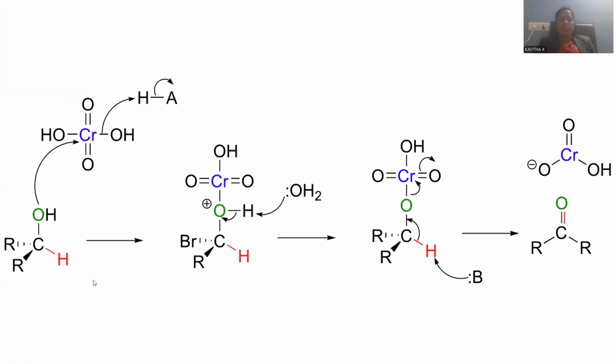Now we will see the mechanism one more time. Whenever chromic acid reacts with this primary alcohol, there is a chromate ester formation, because the lone pair of electrons on the oxygen is susceptible to reaction with chromium. Simultaneously, it is able to remove the hydroxide. Whenever hydroxide is removed, there is formation of this chromate ester bond and the oxygen loses electrons, right? So that oxygen accompanies a positive charge.